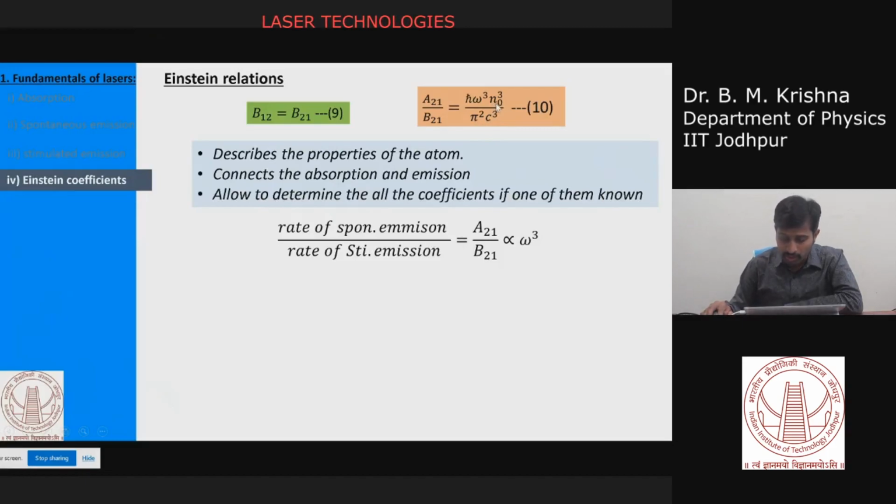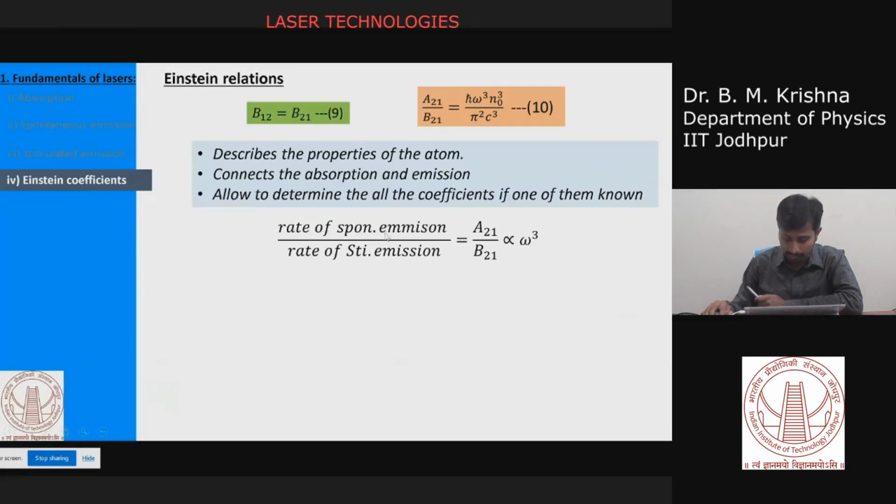So the only dependent term is the frequency of the light. So A21 by B21 is proportional to frequency cubed. What it tells you is that as the frequency increases, the more dominating term will be A21,